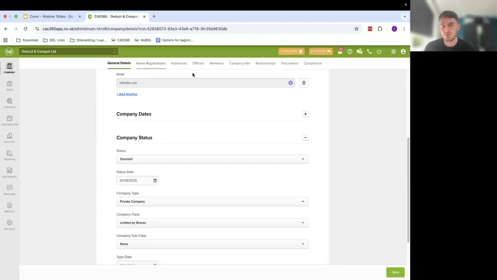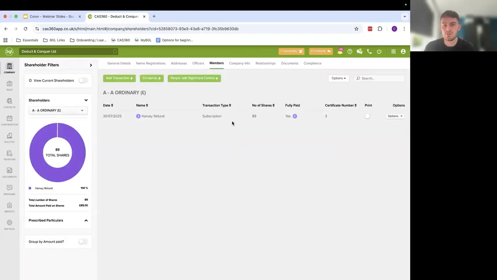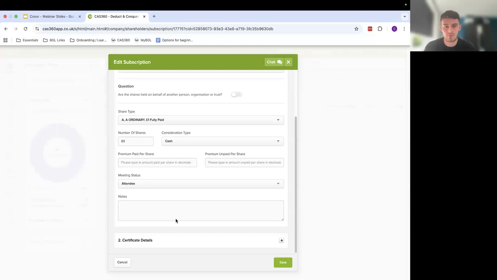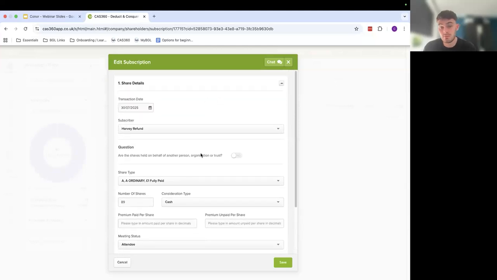The next thing we need to do is head across the top to our members tab. In here, we need to ensure that all the transaction types are set to a subscription. If you have ones that say allotment or balance or whatever it may be, to change these to a subscription, you simply go to options on the right hand side of a particular transaction, select edit from the drop down, and we'll change these to a